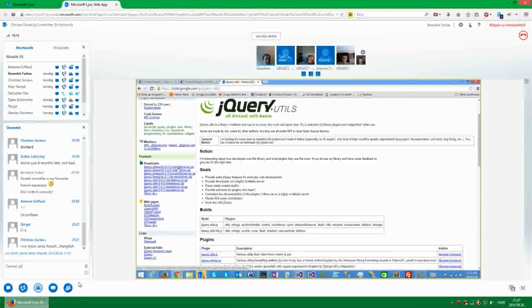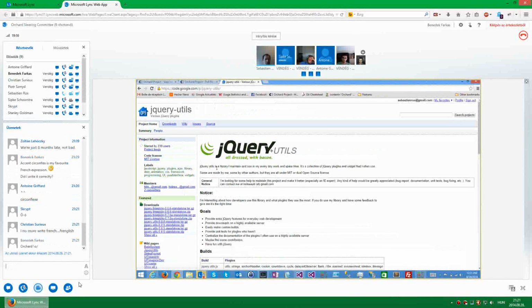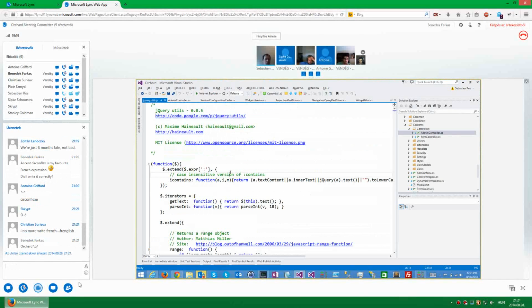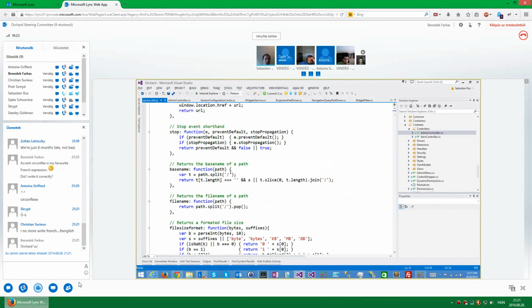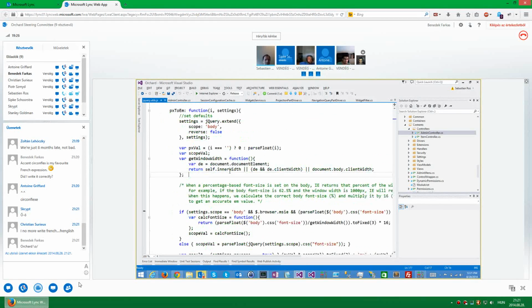So we have the latest. So we should see where we are using jQuery utils. Lots of things inside. Okay.